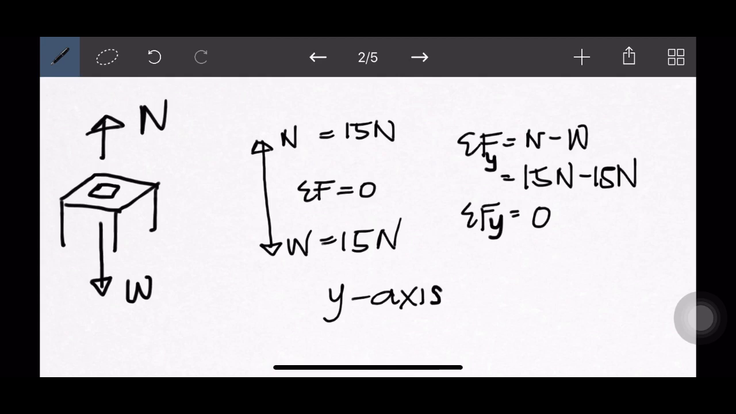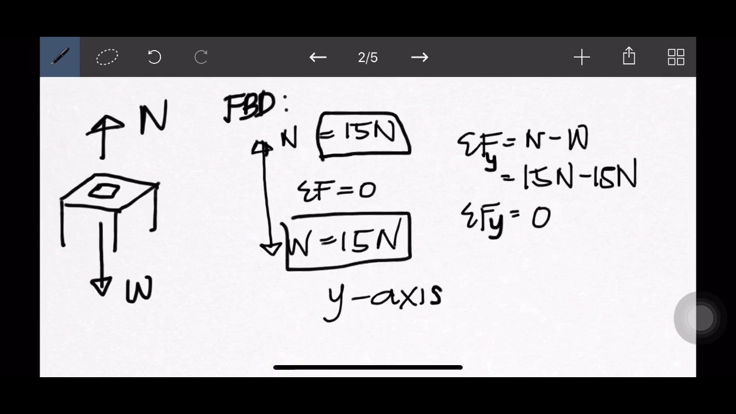To draw the FBD, or the free body diagram, we have here the normal force and then the weight or the gravitational force. Let's say, for example, the value of the normal force on the book is 15 Newtons. It should be equal to the weight or the gravitational force of the book, so that you can achieve an equilibrium, or it can be equal to 0,